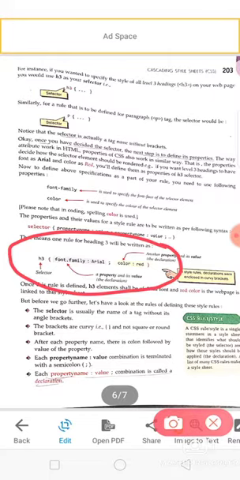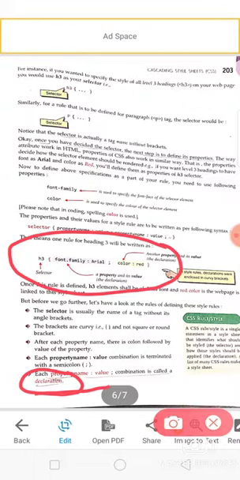The selector is usually the name of a tag. As you can see, h3 is the selector. If we want to apply the formatting effect to the table tag, then table will be the selector. It is not in angle brackets. The brackets are curly, not square or round brackets. This is the difference between normal HTML and DHTML. After each property name there is a colon followed by the value. Remember this thing: the property name and value combination is called a declaration. What is a declaration? Property name and value combination is called a declaration.